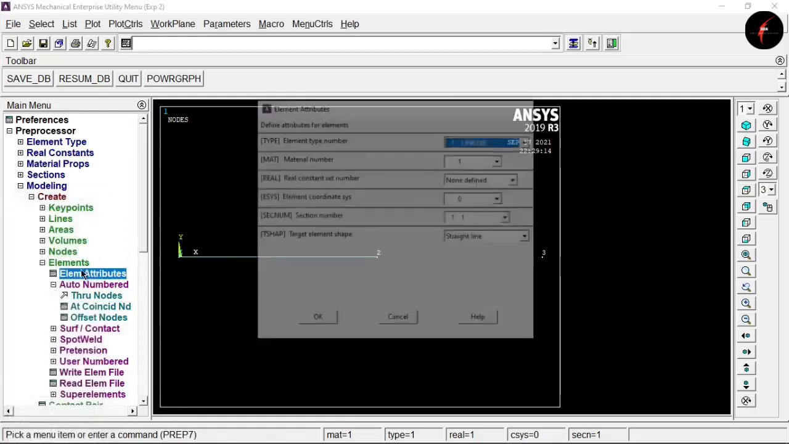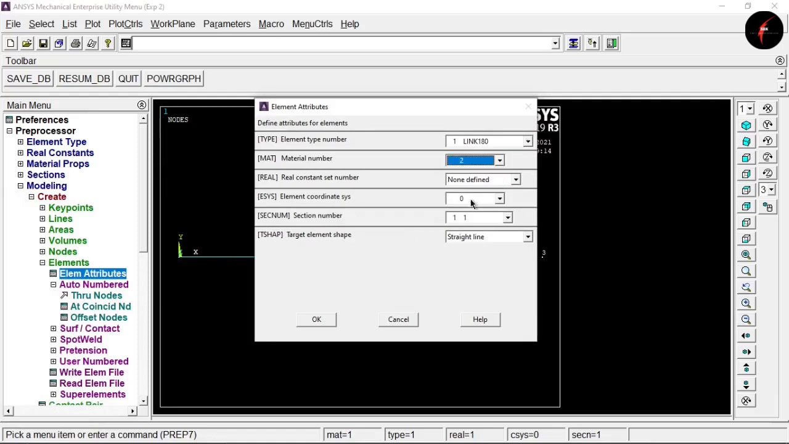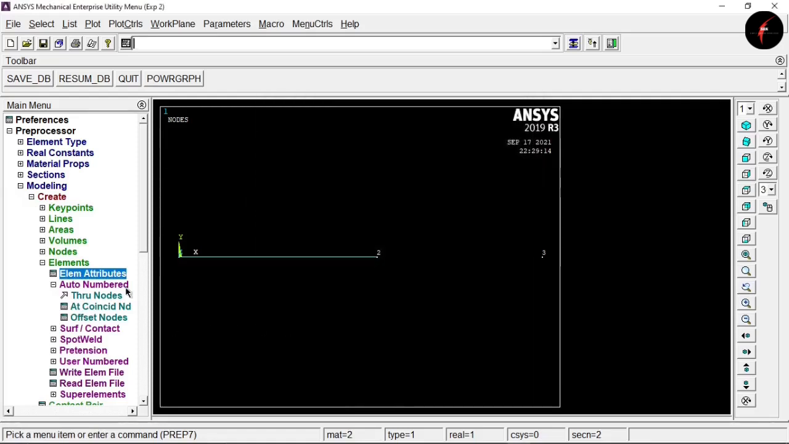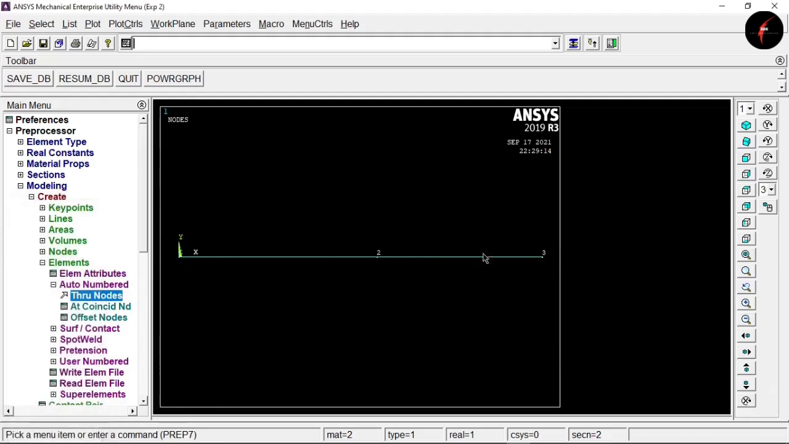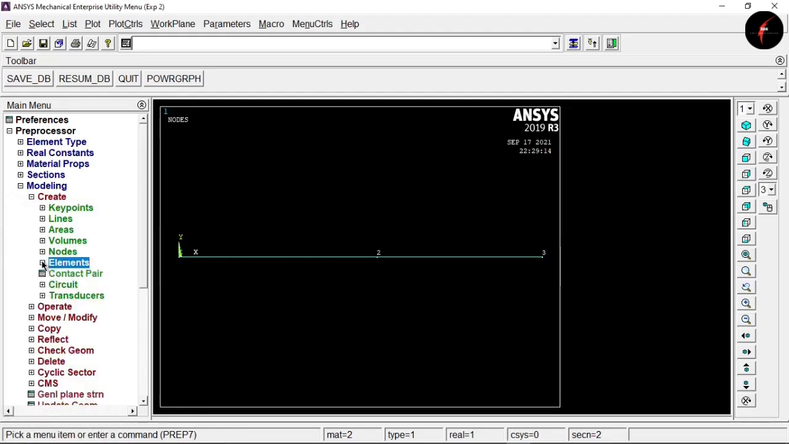Now again go to element attributes, select 2 and section number as 22, click on OK. Click on auto numbered through nodes, select node number 2 and 3, click on OK. So this way we have generated line between all the nodes. Now minimize this element